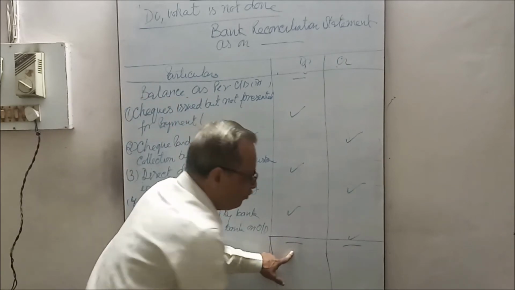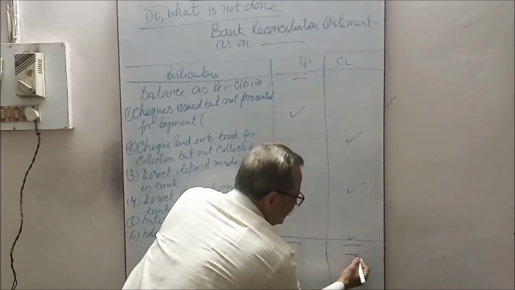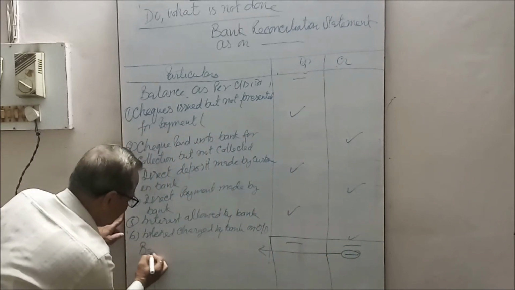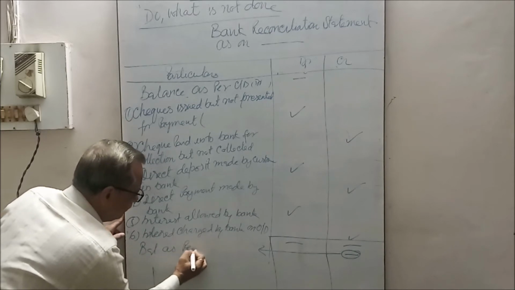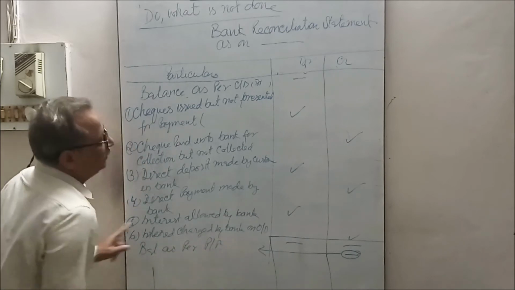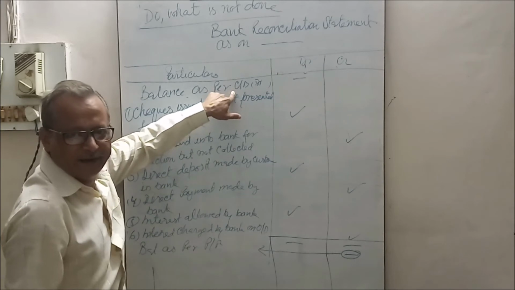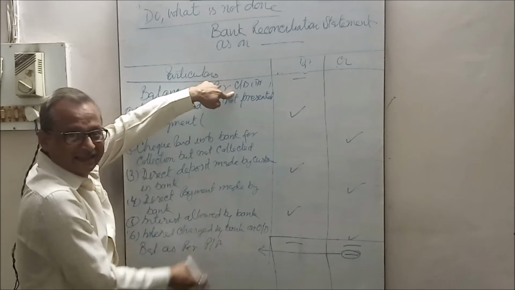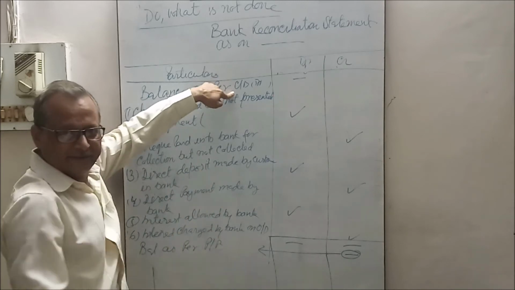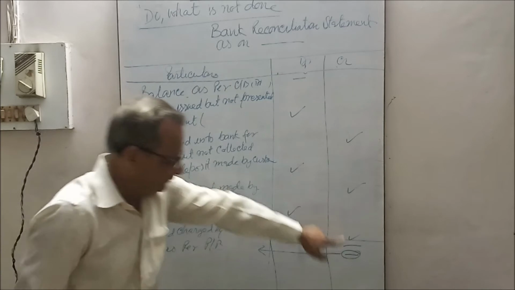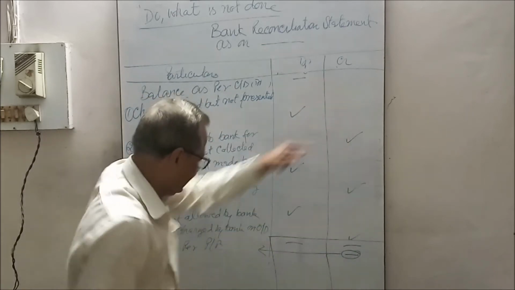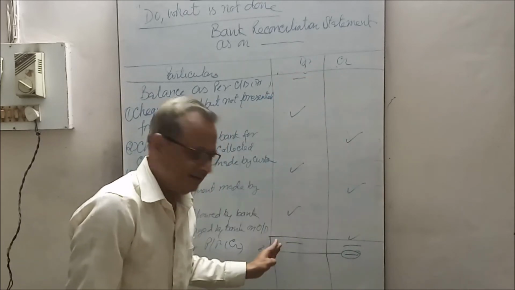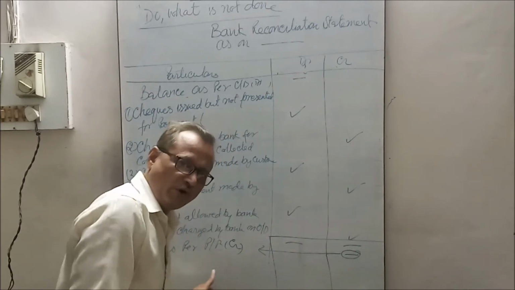If this total is more than this, the difference lies here. This difference shows the balance as per passbook. On the upside, the cash book has a debit balance, so we will find the passbook balance. What balance in the passbook is appearing on that date? That is, which side? Credit side. Credit balance. Suppose this side is greater than this, the balance lies here, and the passbook will show a debit balance.